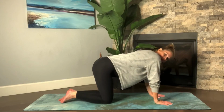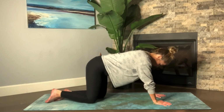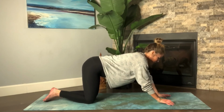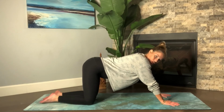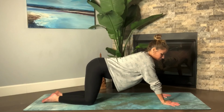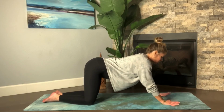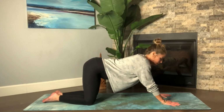So a couple little exercises here we're gonna do. We're almost done. So we're just going to bring the knees back a little bit, have the palms forward, almost like we're gonna come into a balasana, so you can have your toes to touch, the knees can come out a little bit, but we're also gonna come down like we're gonna come down to a Sphinx pose. So fingers are pointed forward, we're pressing into the palm evenly throughout the entire palm,